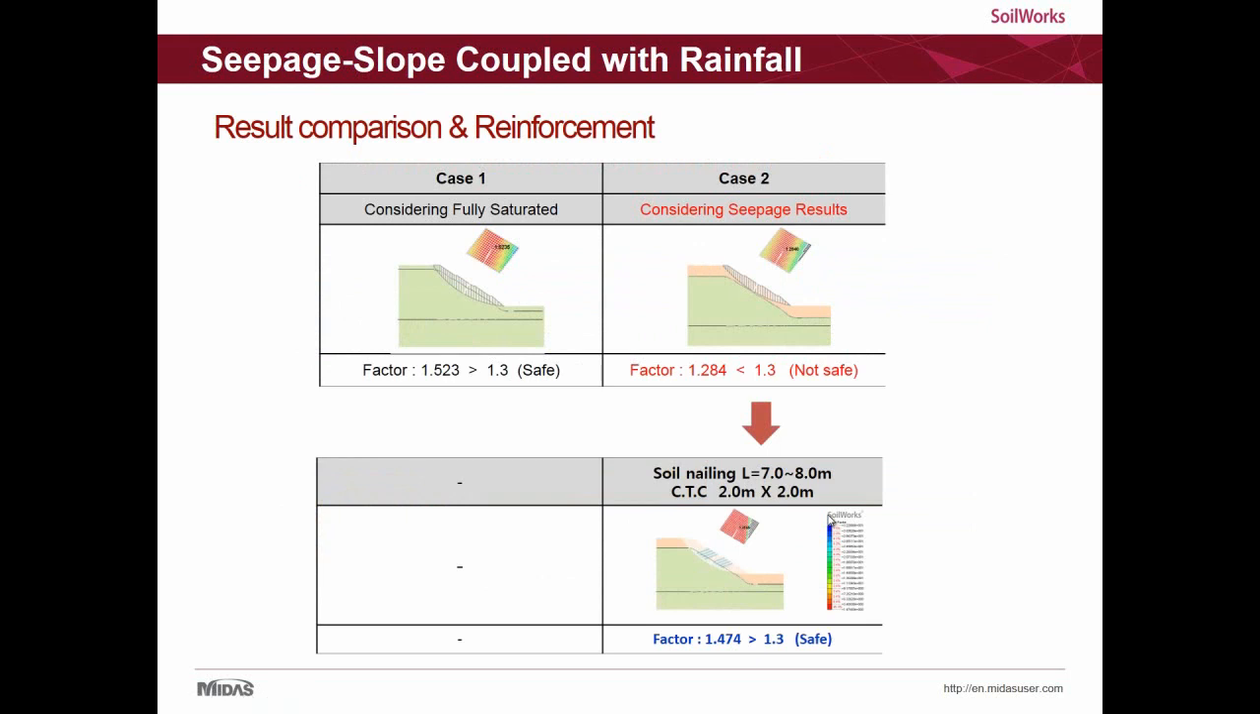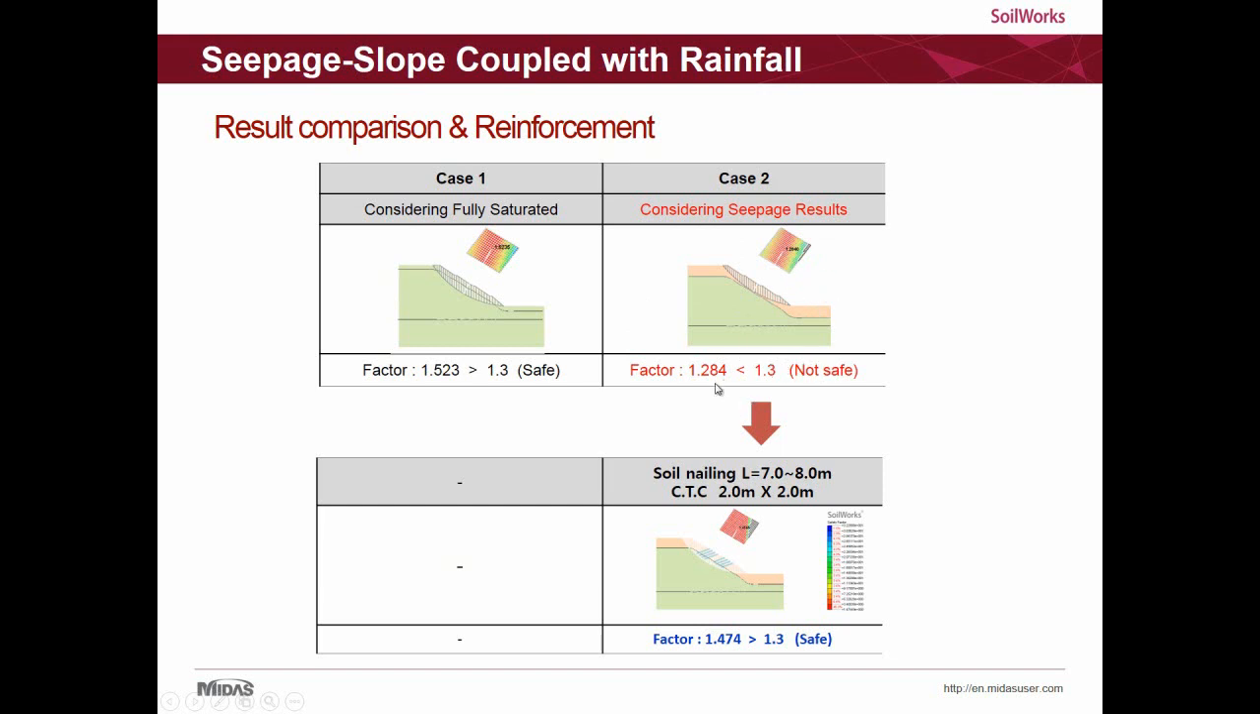Comparing the results of the slope stability analysis: here, case 1 where all soil layers are considered to be fully saturated with no seepage results considered, and case 2 wherein we have considered the seepage results. Here we see that the factor of safety for the fully saturated condition is obtained to be safe. However, for case 2, where we have considered the seepage results, the pore water pressure,